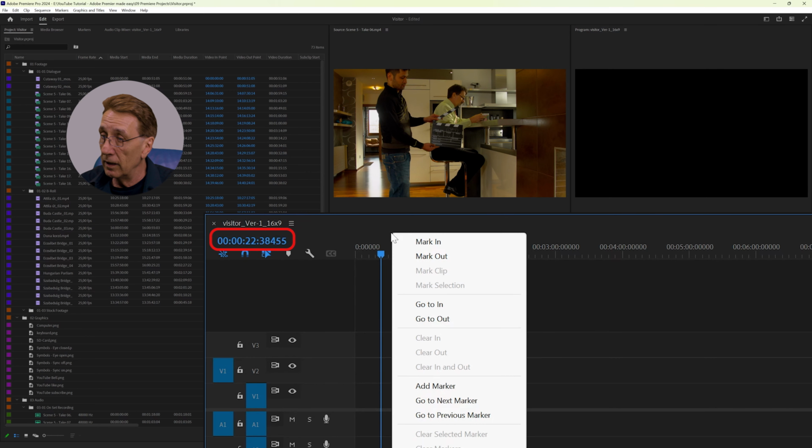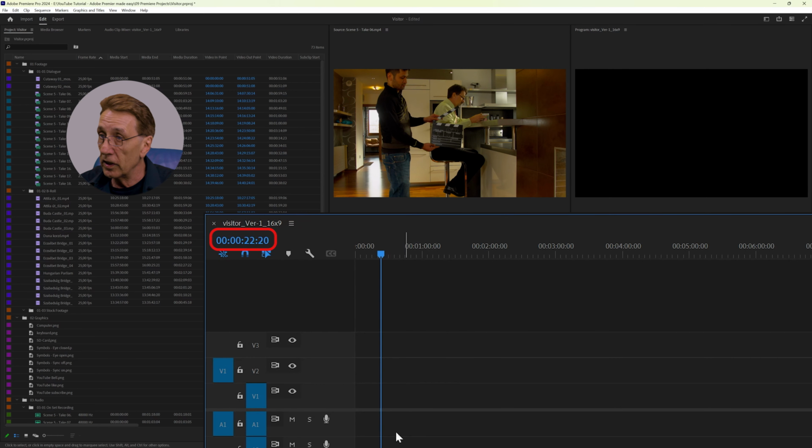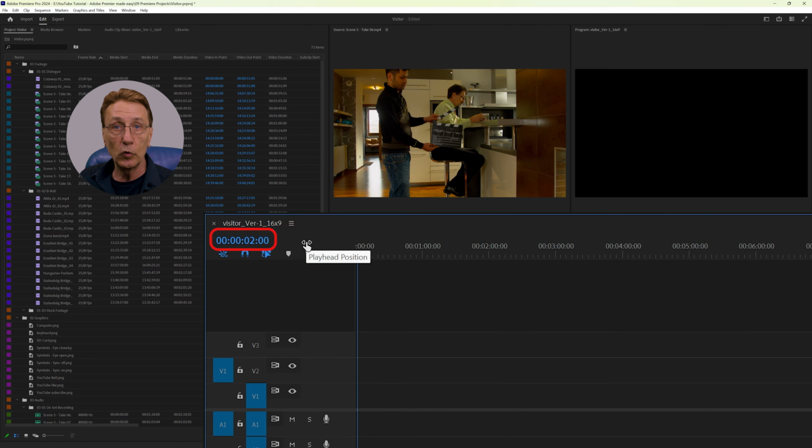I switch back and don't show the audio units, I show the video frames. The timecode field also allows us to place the playhead precisely by typing the desired position. I can go here and put 2 for seconds, 0, 0 for frames. I don't need to put any numbers in front for hours and so on. It counts from the back. And now I hit enter and my playhead is positioned exactly at 2 seconds.